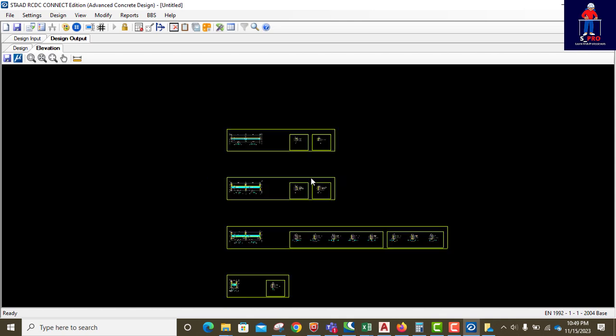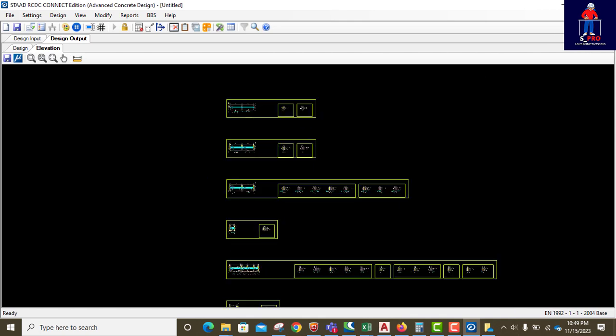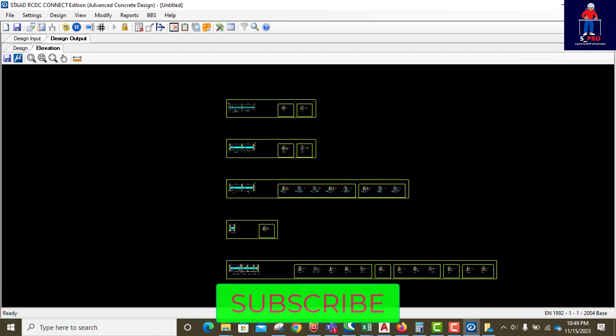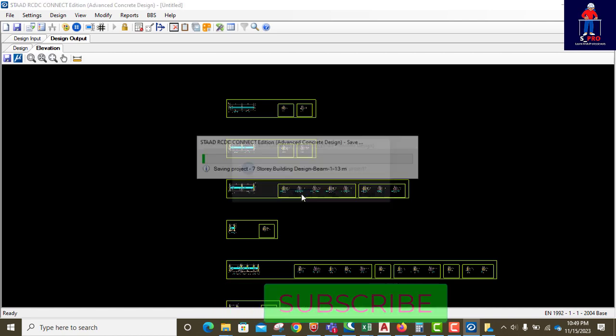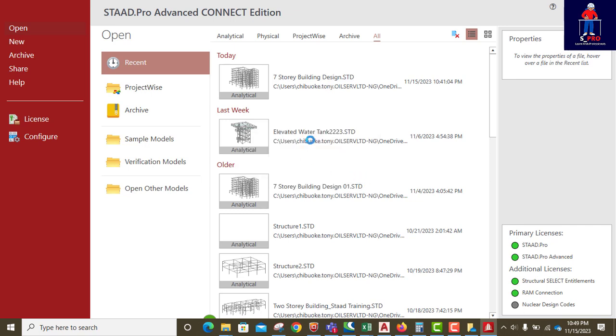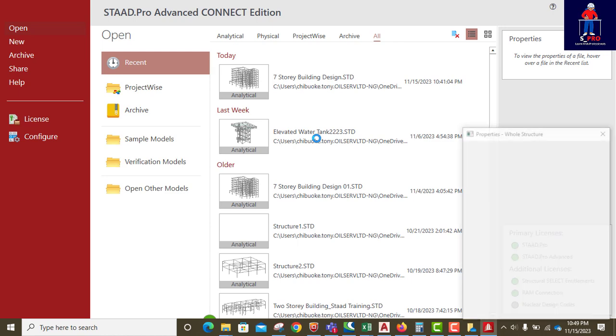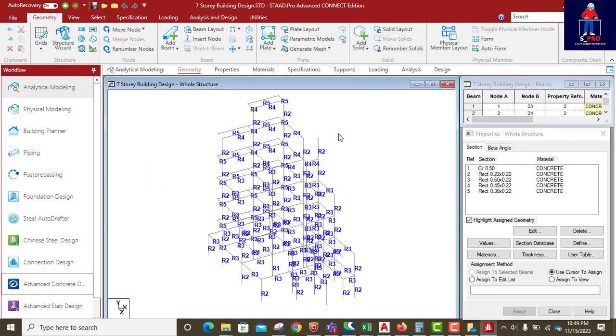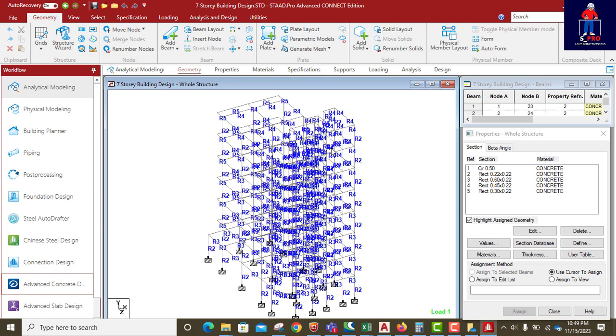Okay, so now let's look at how we are going to consider the other level of beam, which carries our water tank. I believe the size we gave it actually works. So let's just close this so we can save. So the last one is on the last floor of the building. So we just click on